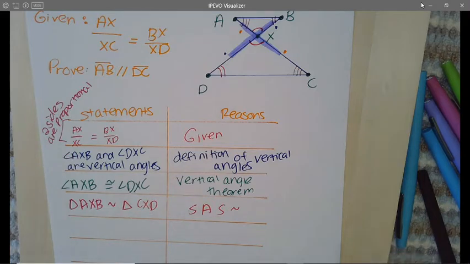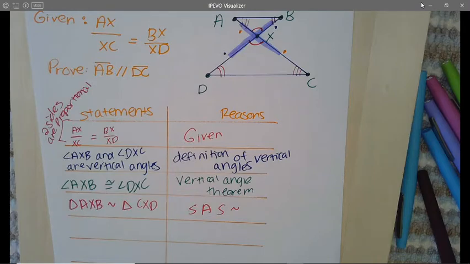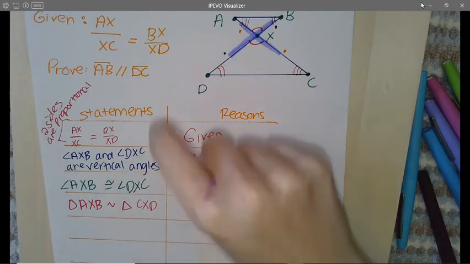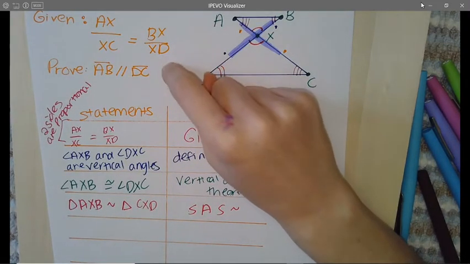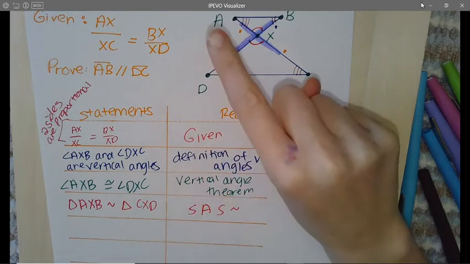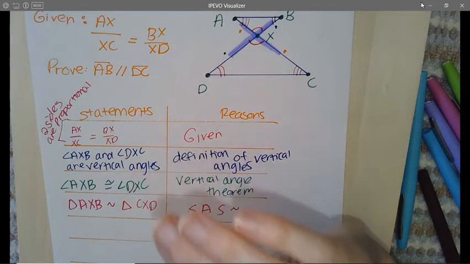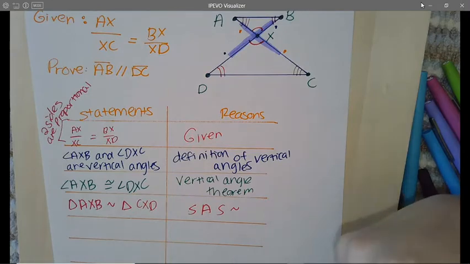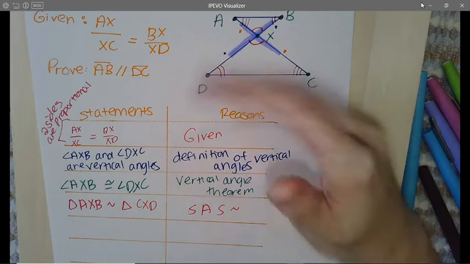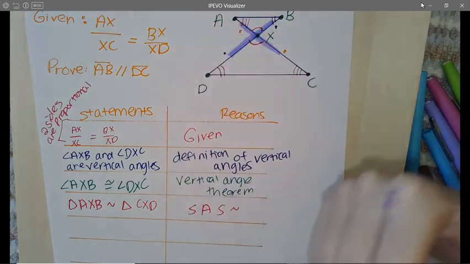So basically what I'm trying to do is use this information to help me show that lines are parallel. Now, you're probably like, Miss Long, you're losing me. Okay, well, I'm sorry. I'm going to bring you back, I promise. In order to show that lines are parallel, we have to use a converse theorem. So if I can show that corresponding angles are congruent, or alternate interior angles are congruent, or alternate exterior angles are congruent, or same side interior angles are supplementary. If I can show any of those properties, that has to mean lines are parallel by one of your converse